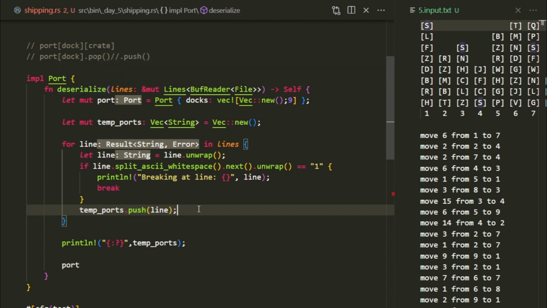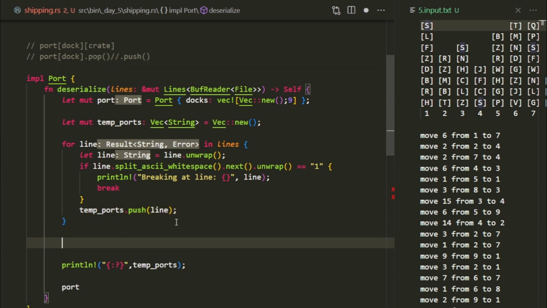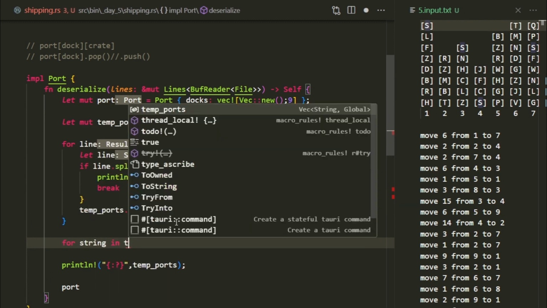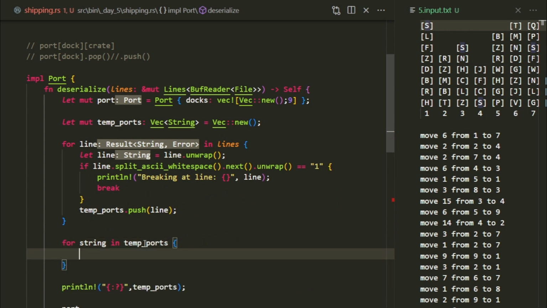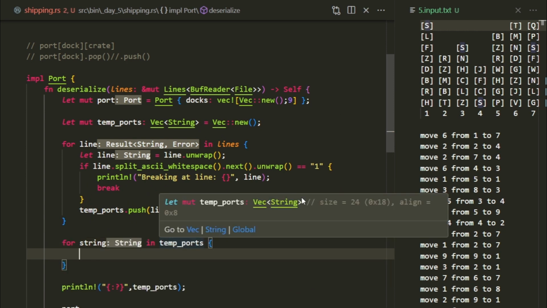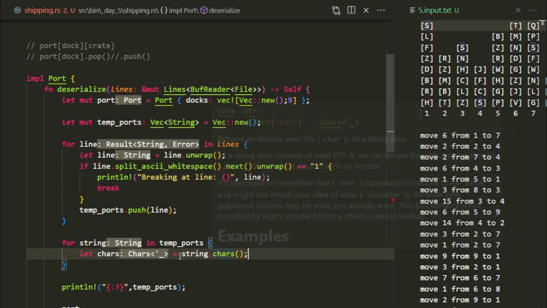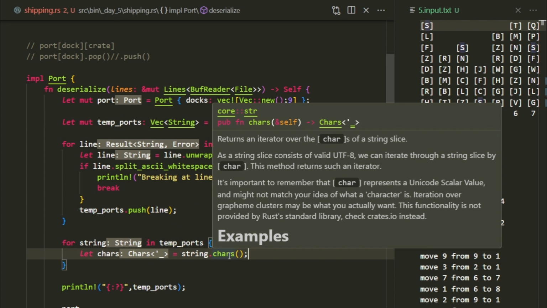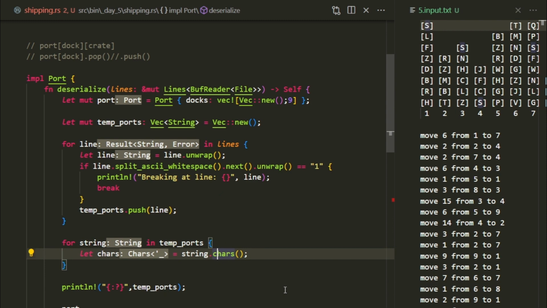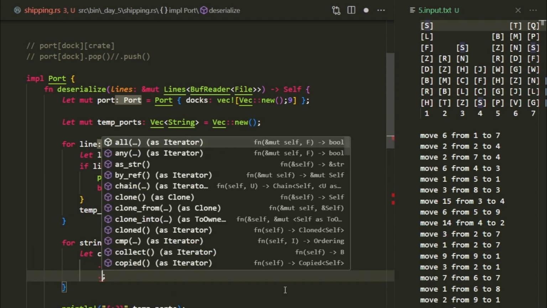So we're going to create for string in temp ports. Let chars equals string dot chars. I believe that works. So now this is an iterator of the characters of a string slice. And then let's just map this to,